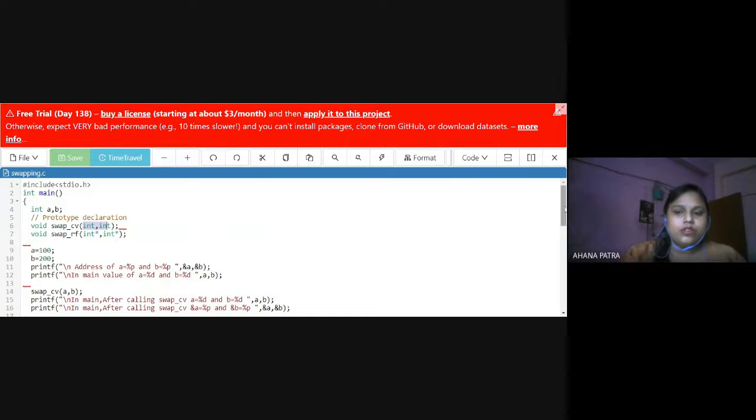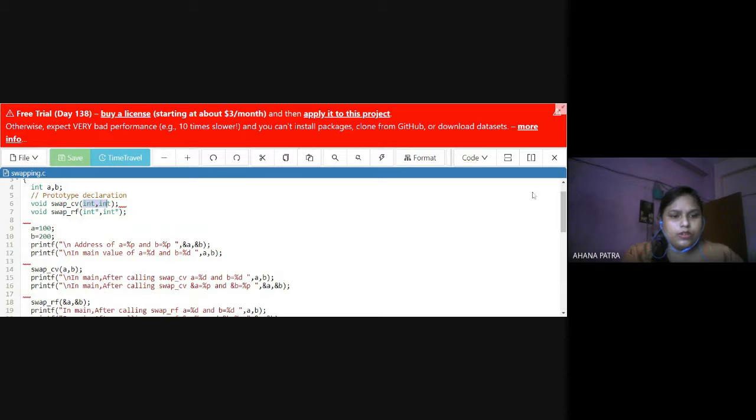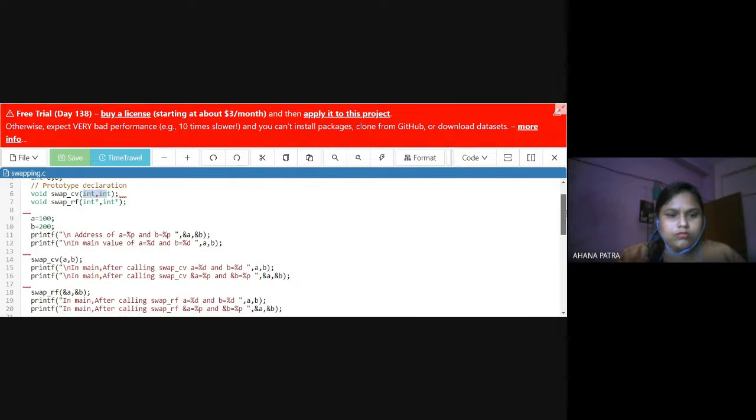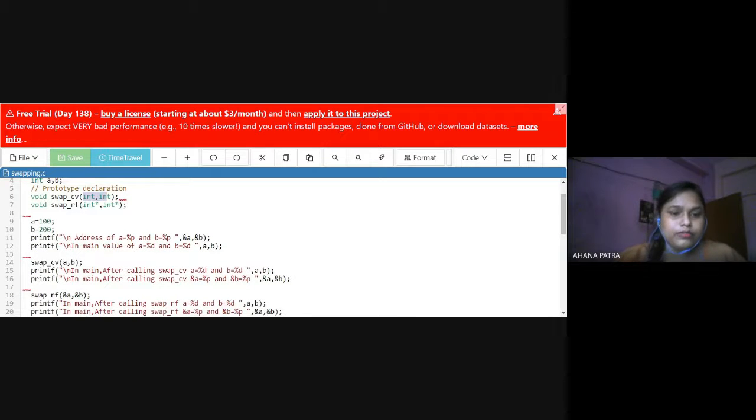Now it comes to the program, where a equals 100 and b equals 200, as I assign. I add some printf statements to understand the concept and the difference between call by value and call by reference.